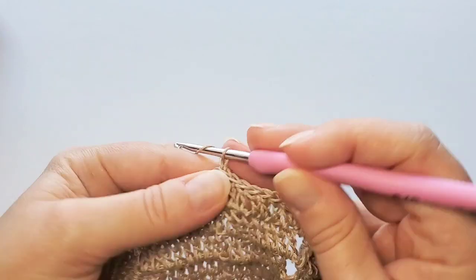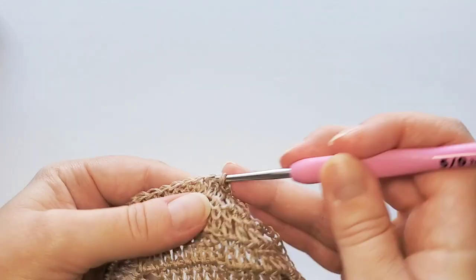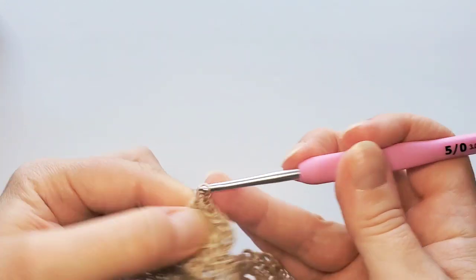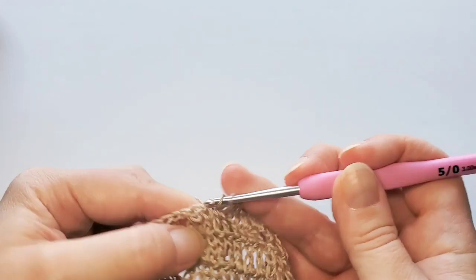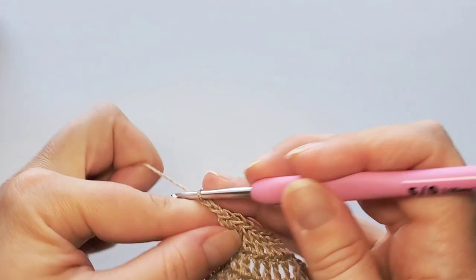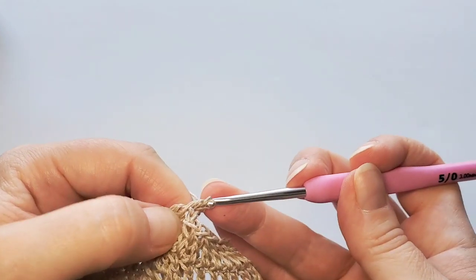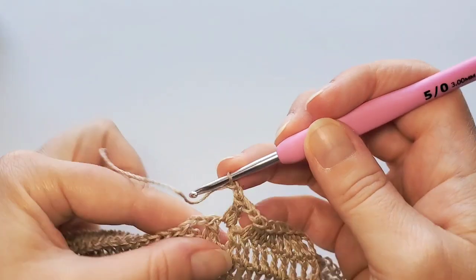And round 11 starts the same, 3 chains, double crochet, 1, 2, 3, 4, 5, 6, 7, and again last 2 together, 1 and 2, then chain 2 in a first chain space, 2 double crochets together, chain 2, and in the next chain space again 2 double crochets together,